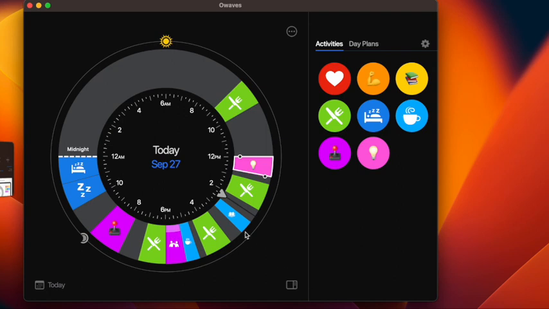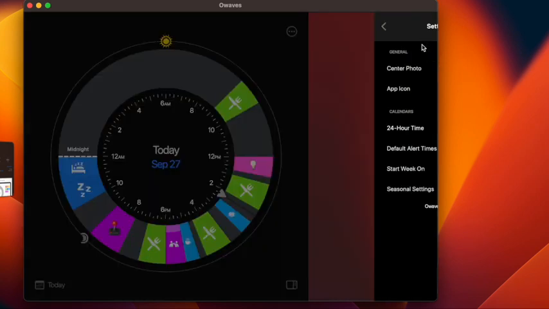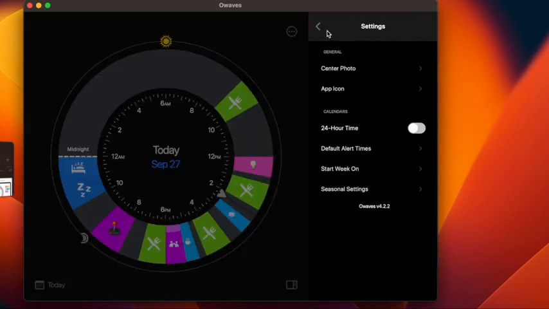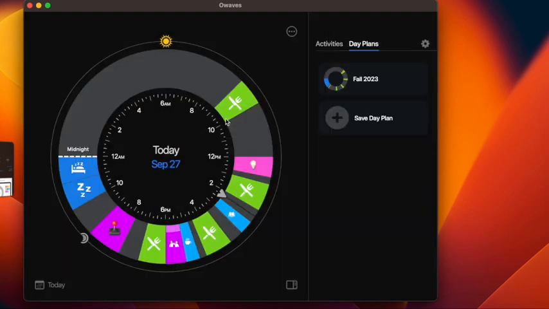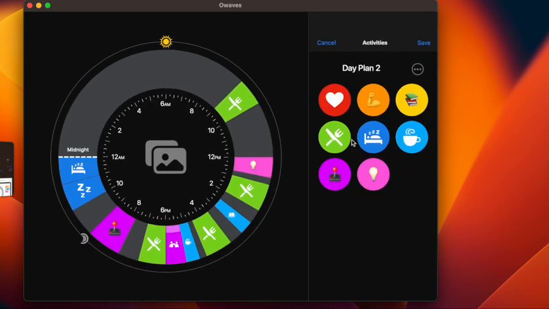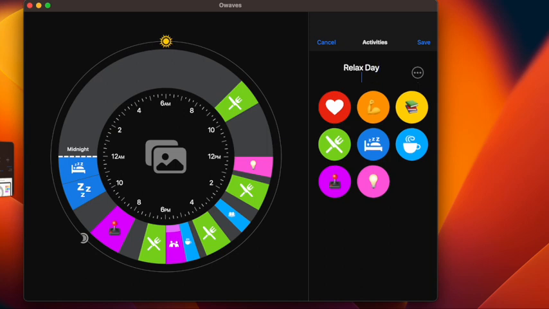Okay, so for this lesson, we're going to look at how do you save this plan. So for example, let's say your routine is the same on these kind of days. So what you do here is, you go to day plans, and you save this day plan, and you can rename it. So when you're renaming it, it could be your relax day.